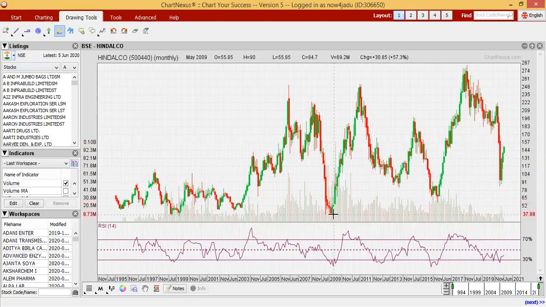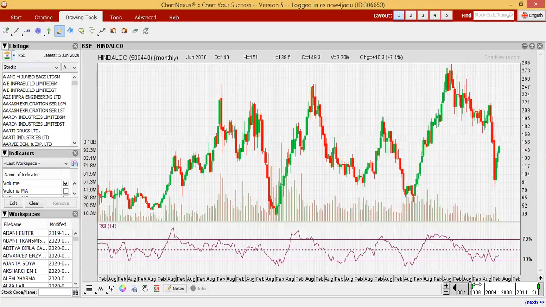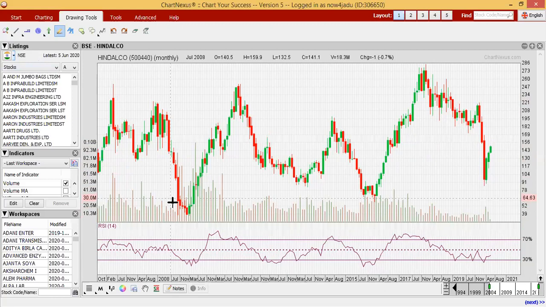See, it took support in the year 2008, and again bounced slightly in 2009, taking support at almost the same level, but it did not come to that level after that. See, it came here again and again this time also. So how to pick this stock? Those who have already seen my metal index video know that I shared this stock at the 85 level.